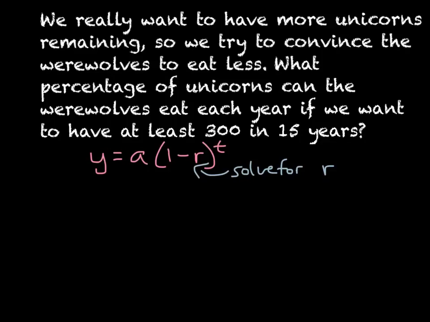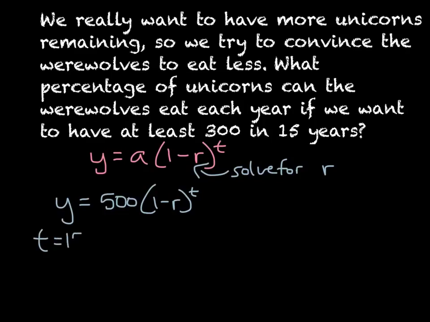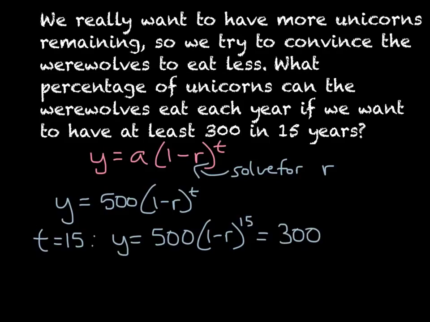So we can write y equals 500 times 1 minus r to the t. And we're given that when t equals 15, we want to have y equal 500 times 1 minus r to the 15th. We want to have that equal to 300. So now we can take this equation and solve for r. So that means we have 1 minus r to the 15th equals